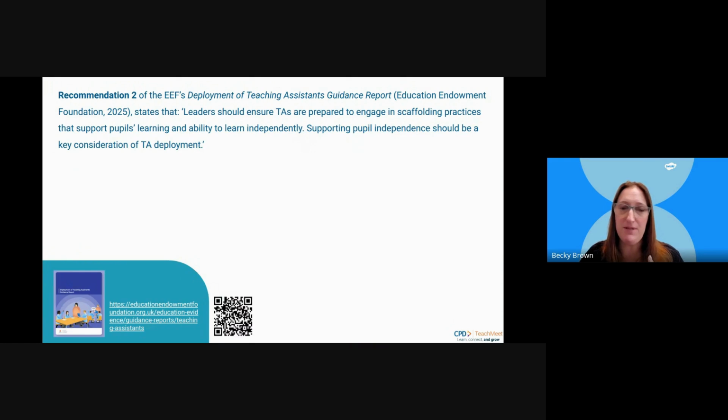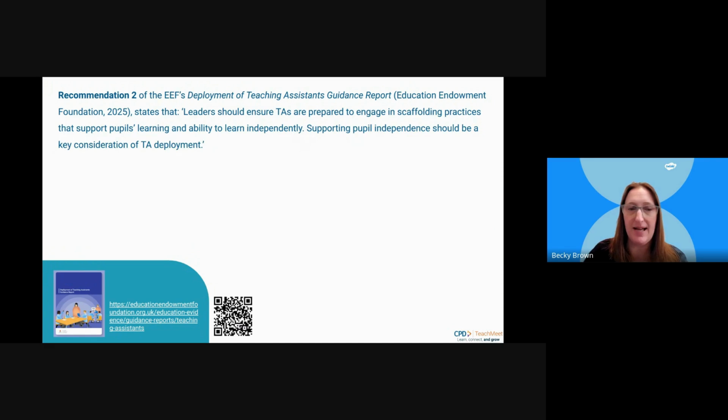So just briefly want to mention this bit of guidance. The Education Endowment Foundation produced a guidance report around the deployment of teaching assistants. It is aimed at school leaders, but it's a good read for TAs. And the sentence I would like just to draw your attention to here is,